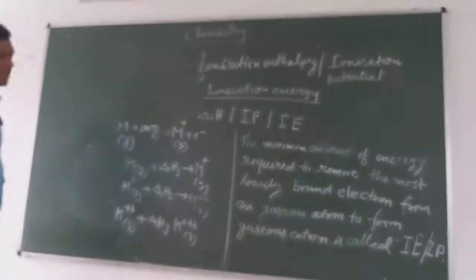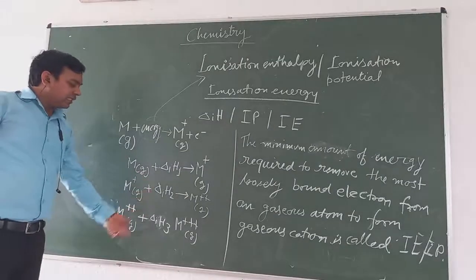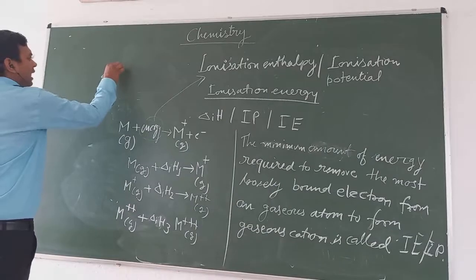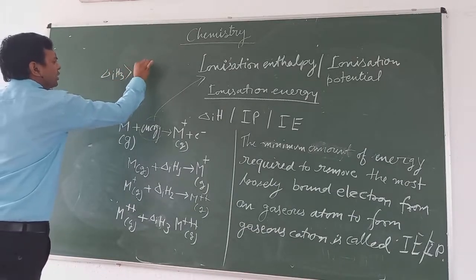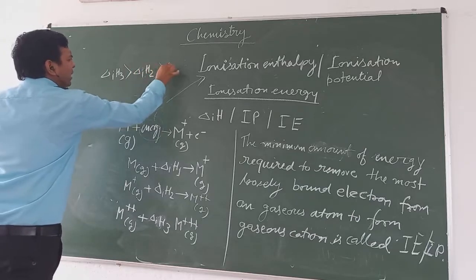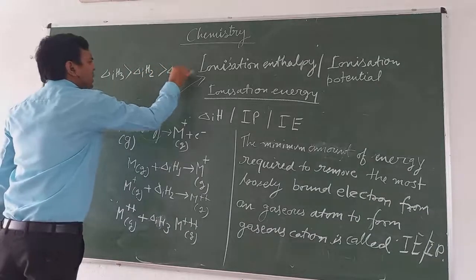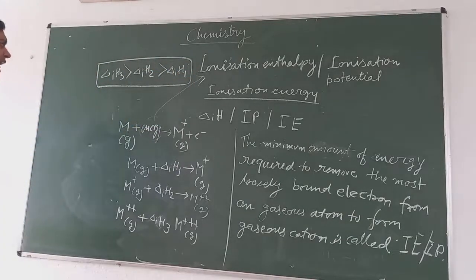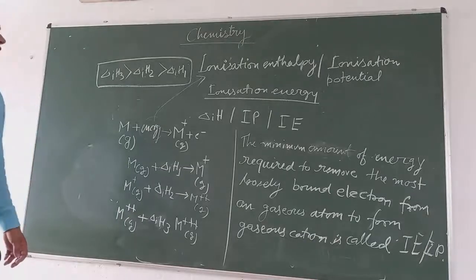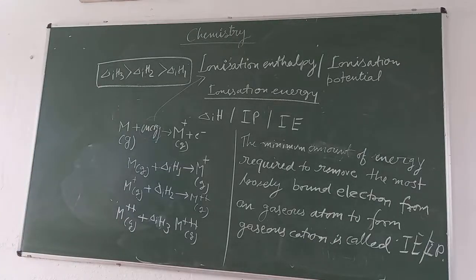In the case of first, second and third ionization enthalpy, delta I H3 is greater than delta I H2, which is greater than delta I H1. It means the third ionization enthalpy is the largest and the first ionization enthalpy is the lowest, because